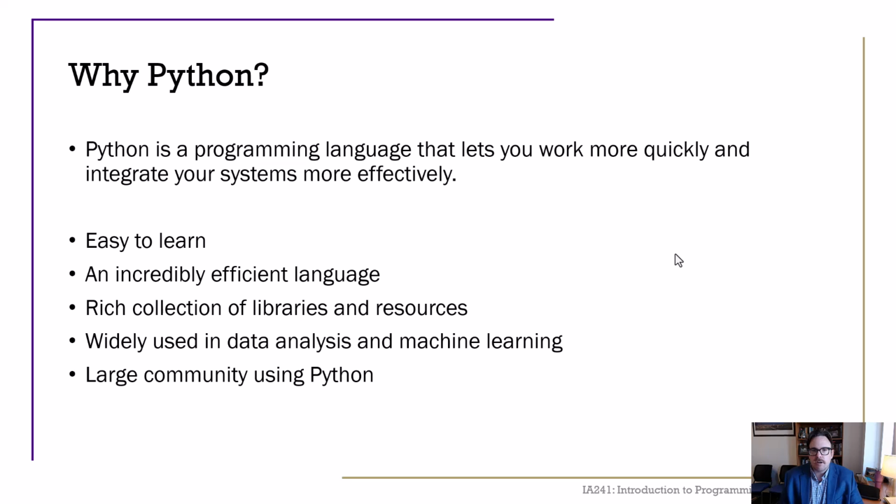There are lots of libraries and resources: GitHub, Stack Overflow. I think I have some links here in a little while. It is widely used in data analysis and machine learning. So if you go to one of the job sites and search for Python, you're going to find a lot of results. There's a lot of demand and a lot of need for the language out there. It's also a large community, so there are a lot of people working in Python that you can engage with